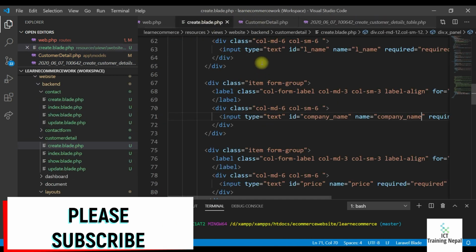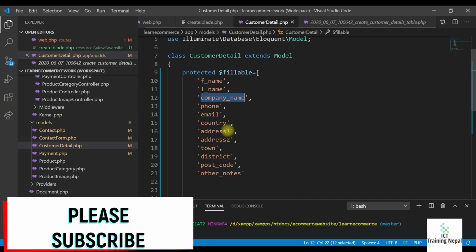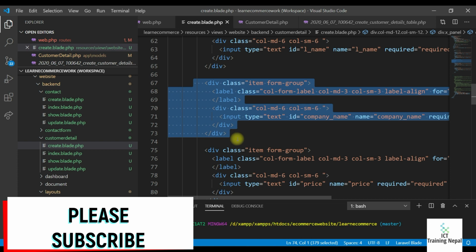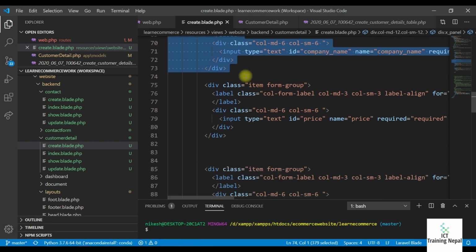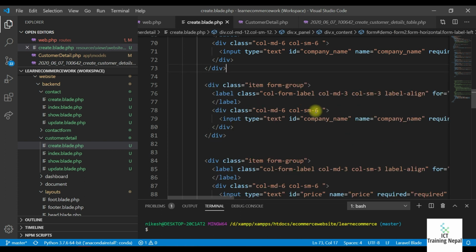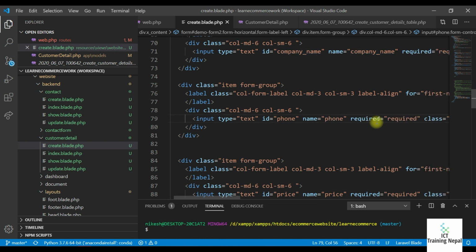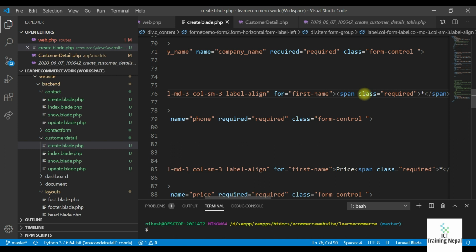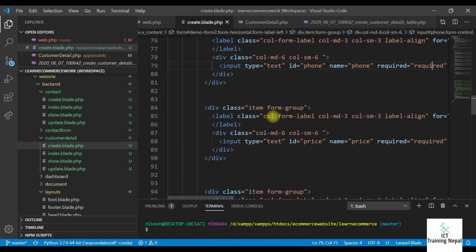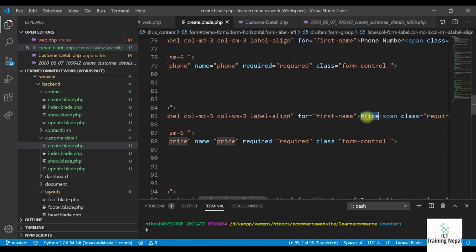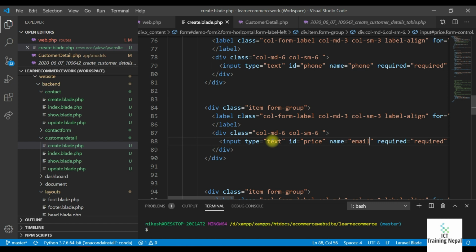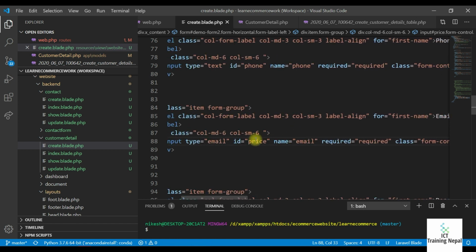So first name, last name, company name, and we have phone, email, country. So the other one I'm going to copy here, and paste here and say phone, phone number. And here I'm going to call the email. Here name email and input type email. So email, and another thing is